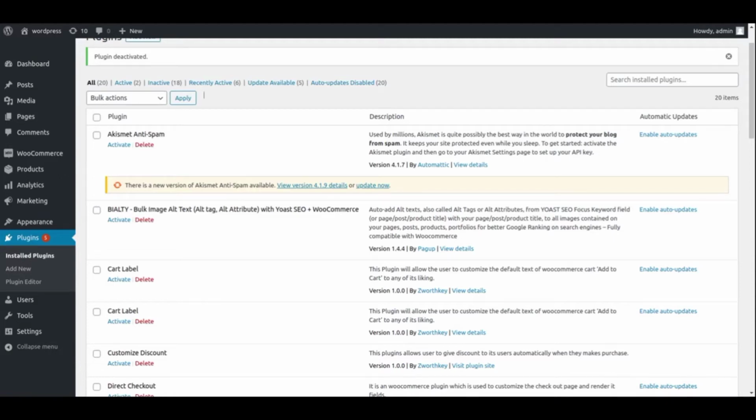Hello guys, today I'm here to tell you about a fantastic plugin we have made, Customize Discount. This plugin helps sellers give auto-generated discount coupons to their clients. Let's get started. I assume you already installed this plugin, so I am here to tell you only how